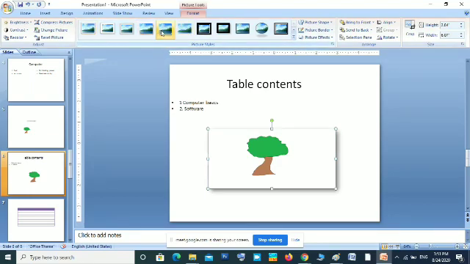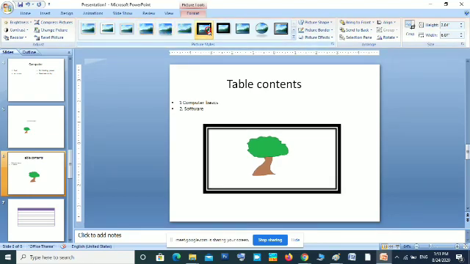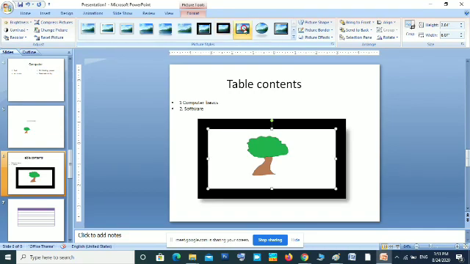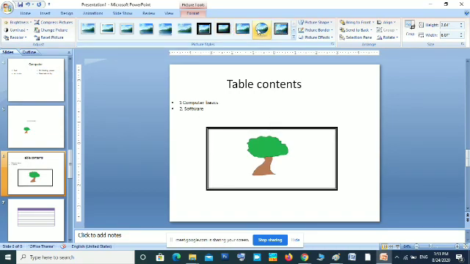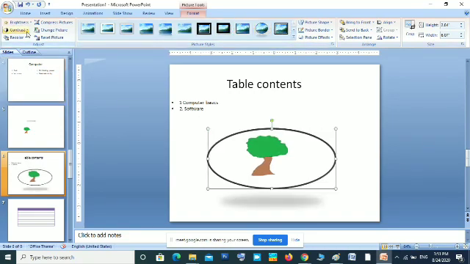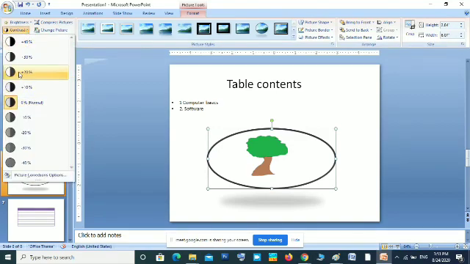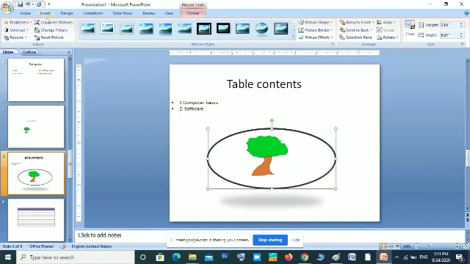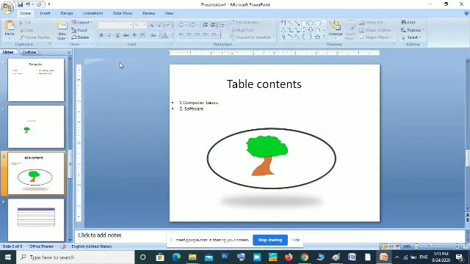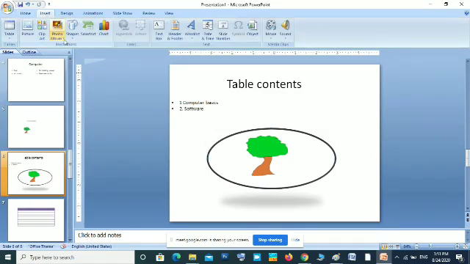If you want to change the style of your picture, you can give different borders. Then if you want to adjust the color, you can adjust darkness, brightness, all you can adjust. Next, in the insert illustrations group, you can insert clip art. Clip art is another type of picture that comes along with the Microsoft Office package.